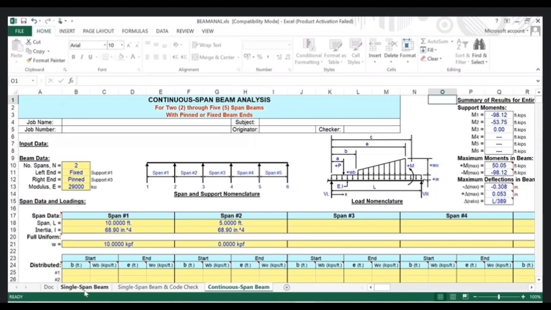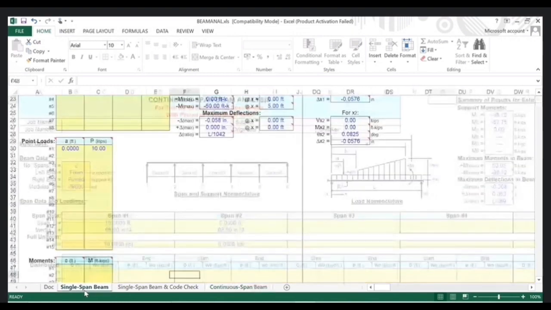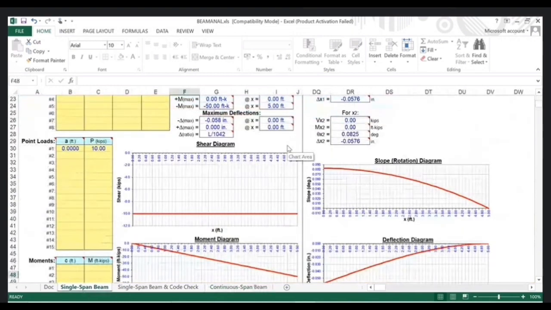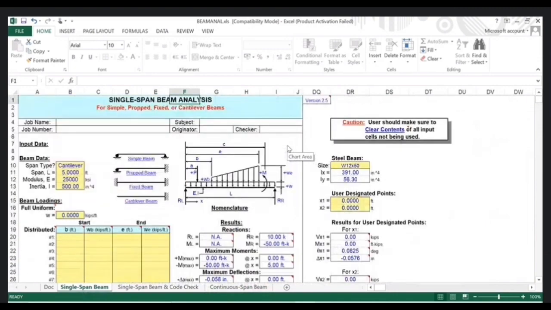So thank you all of you. Is there any doubt on this Excel sheet? Please ask. Which method is best for analyzing the whole continuous beam? For the continuous beam, the very good methods for computer analysis are the flexibility method and the stiffness method. And for simple calculation, Kani's method is the best method to analyze the continuous beam.